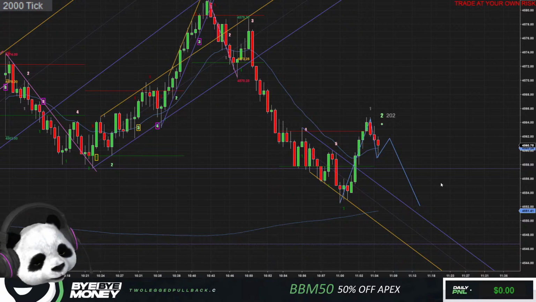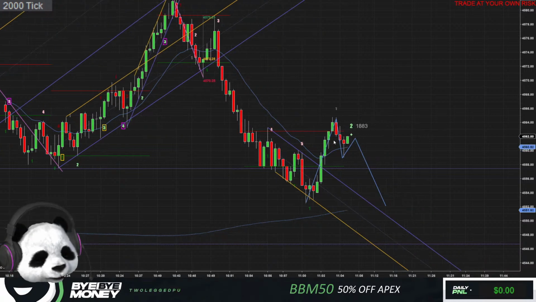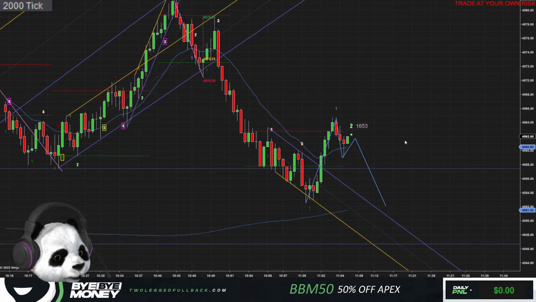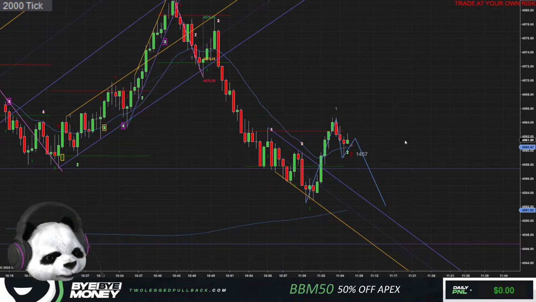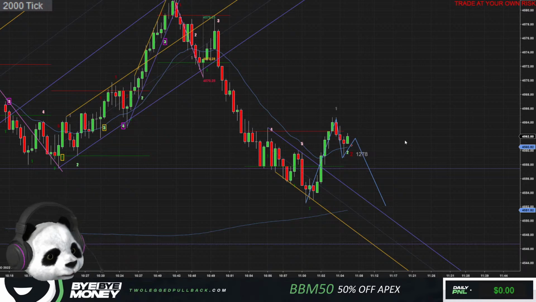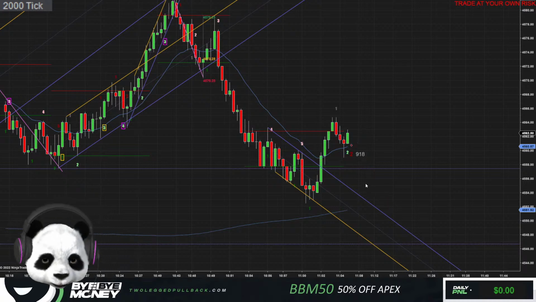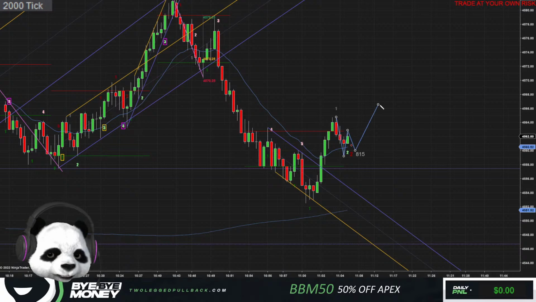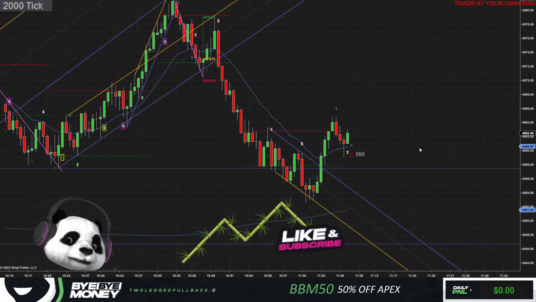But it's a little above the 20 MA, so it's a little conflicting here. Typically I don't like to take these trades. I think the market is confused. Such a strong push down, but second entry short, lower high setup above the 20 MA. It's a little wonky trade here if I were to go short. In fact, it ends up looking like a two-legged pullback. But we should be looking for a new low, so that's why I'm tempted to take this, but